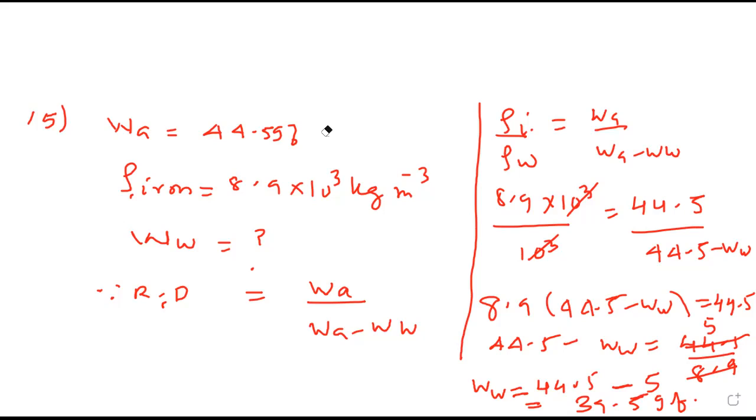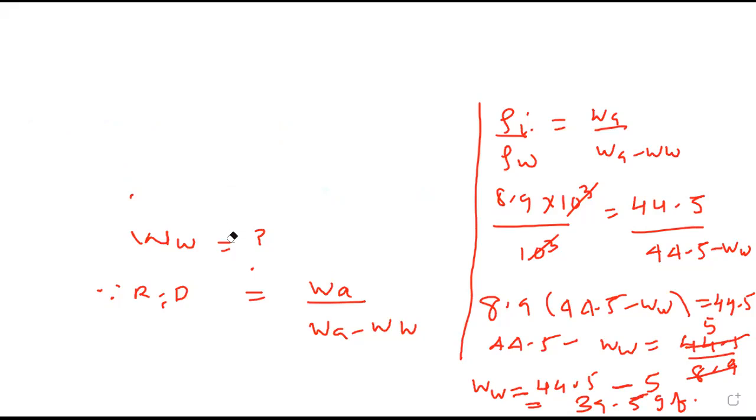What is 1 Pascal? The force exerted on an area of 1 meter square by a thrust of 1 Newton acting normal to the surface. Okay. 1 atmospheric pressure is how many Pa? 1.013 into 10 raised to 5 pascals. Perfect.